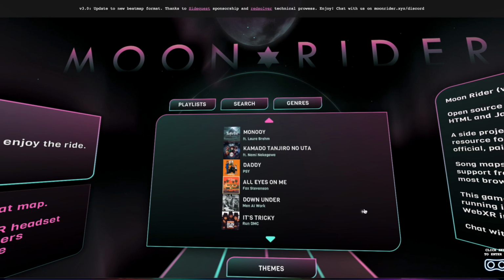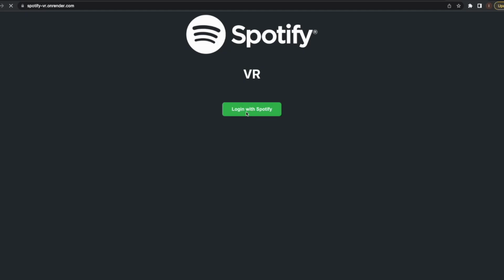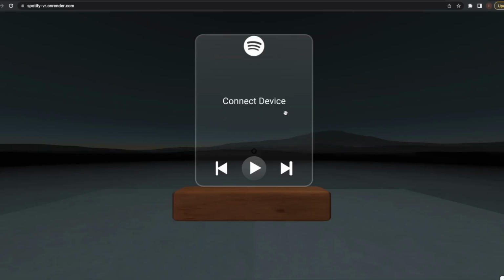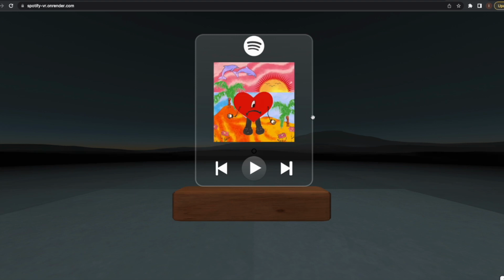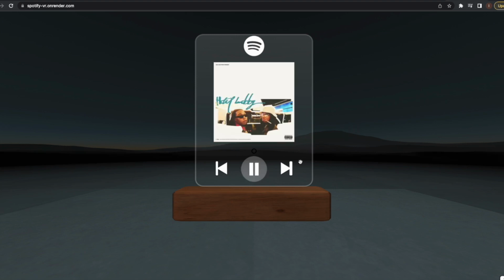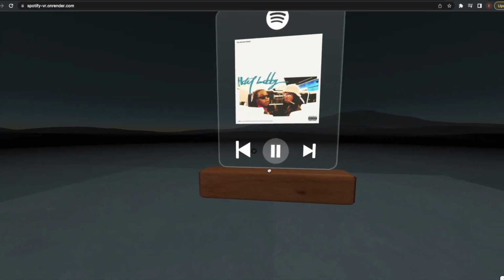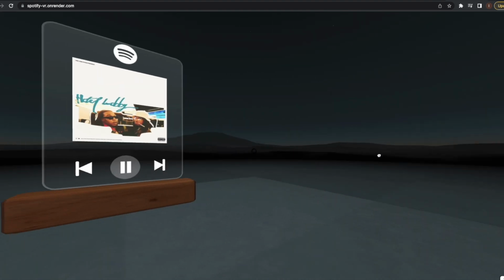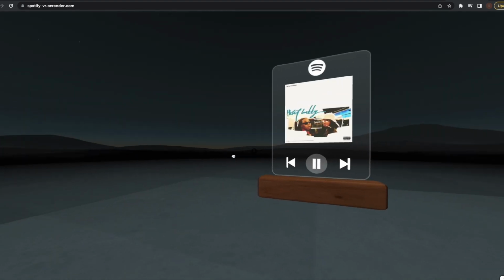In this video, I'll be showing you how I built a UI for my Spotify VR player. If you're wondering what this is, it's a web app I made that lets you connect your Spotify account and play music in WebVR. I made this using Spotify's SDK and API, as well as A-Frame,